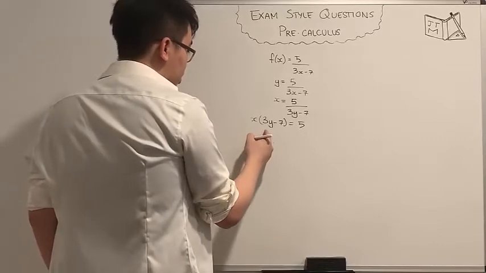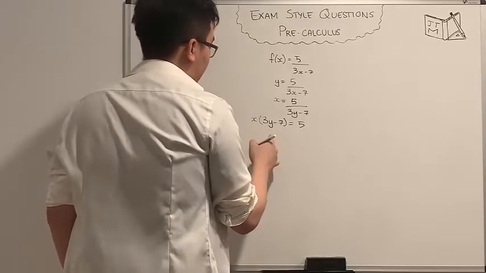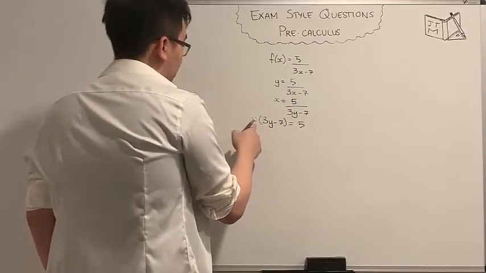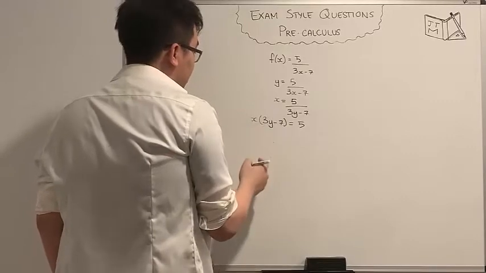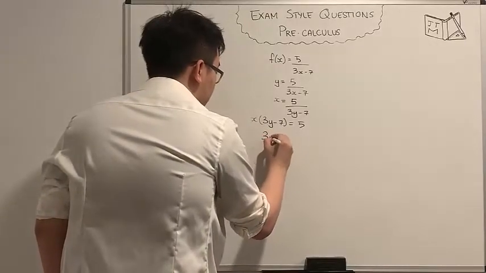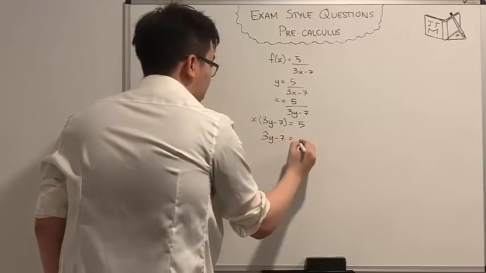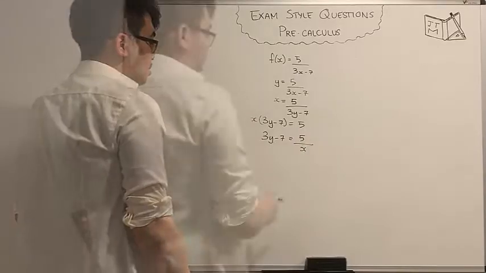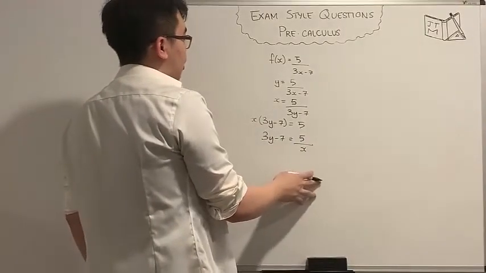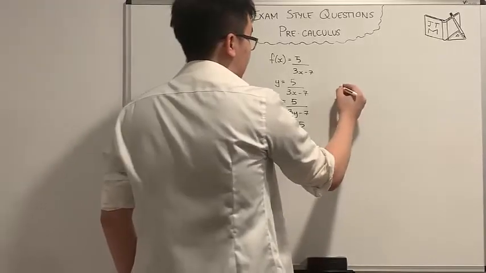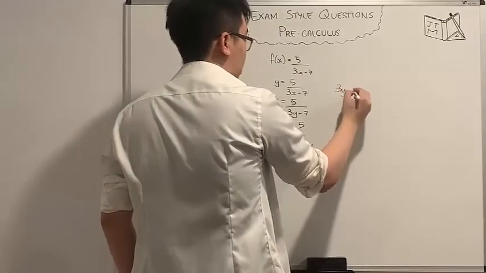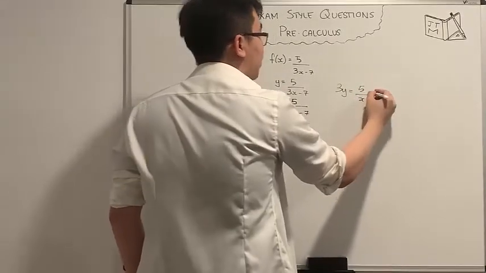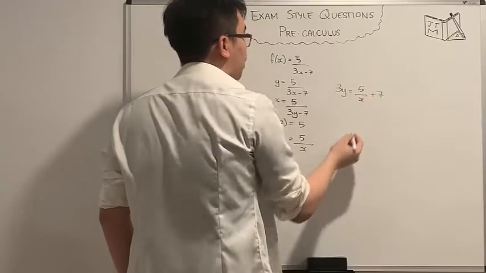Then I want to move the x to the right side so that we have this one variable y, which is the one we're looking for, on its own. So now I'm going to divide both sides by x to get rid of the x on the left side. And now this becomes 5 over x. Now we're going to move the minus 7 to the right side here because we want the 3y on its own. So let's have 3y equals 5 over x. And the plus 7 is going to come after and not on the numerator